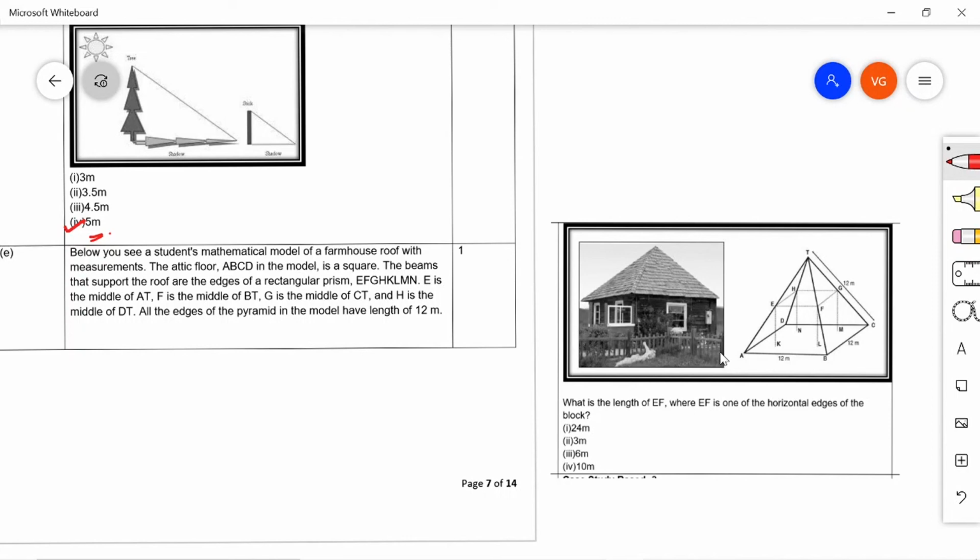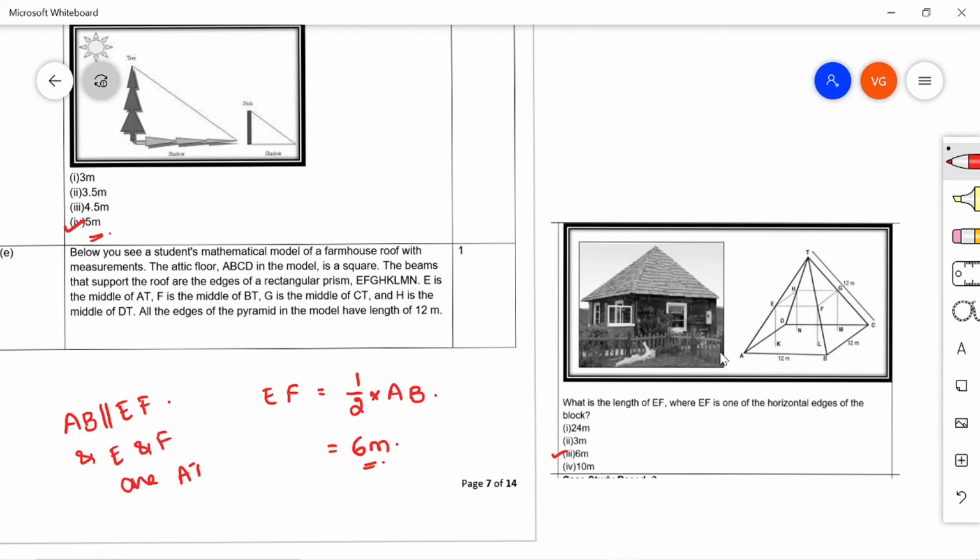So from the midpoint theorem, you know the line segment joining the midpoints of two sides of a triangle is parallel to the third side. Then that side EF is nothing but half of one of the sides, that is AB, right? So AB is 12 meters, that will be 6 meters. So option 3 is correct here, as AB is parallel to EF